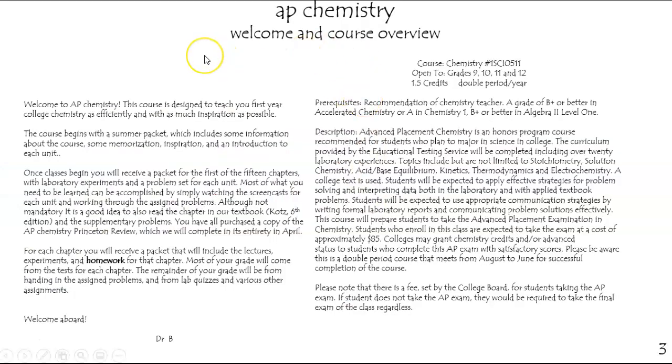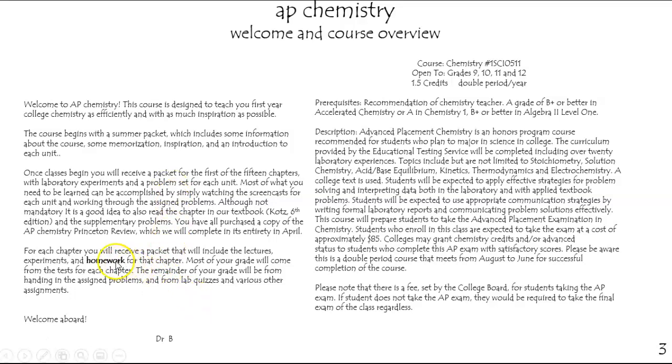Here's the overview of the course overall. Here's how I teach it throughout the year, and this is in the course description from our high school catalog. The general way that we teach the course is to give you 15 packets. Those packets include everything you need. The most important part is that each packet can be understood best by watching the videos that go with each unit, including this one. This is the welcome unit that we start off the course with.